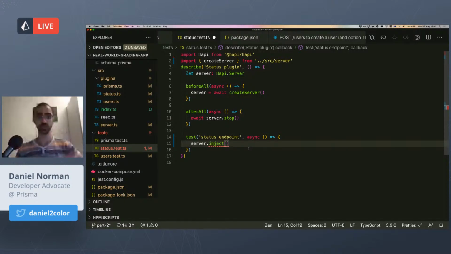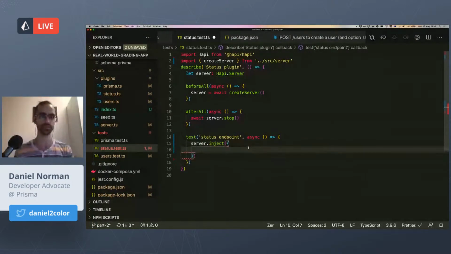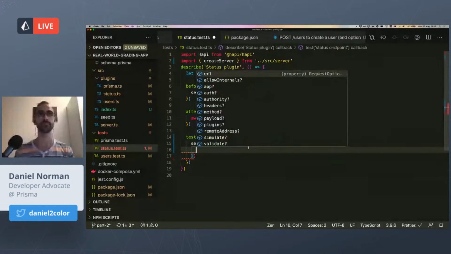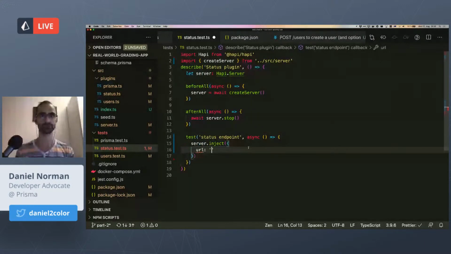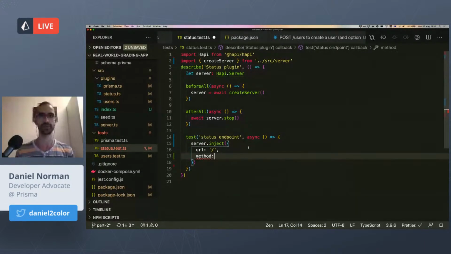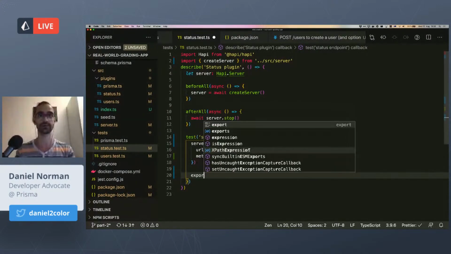And what we could do is also test validation rules. That would prevent us from having to use Postman every time in order to test requests to the API. So here I'm going to inject, and when you inject, you can pass it a URL. In this case, we're testing the status endpoint, which is in the root, and we can tell it the method. Now, if I do post, because post isn't defined, I expect to get